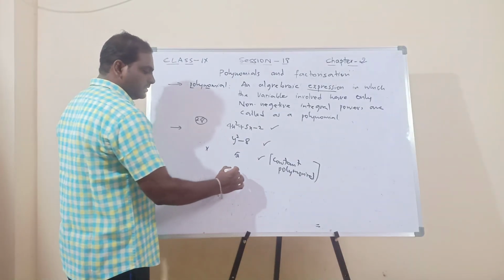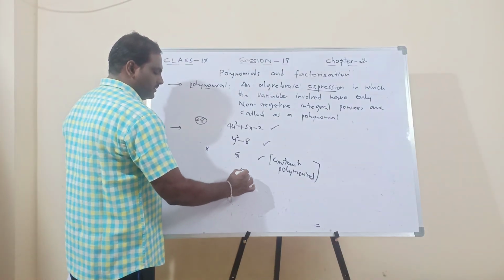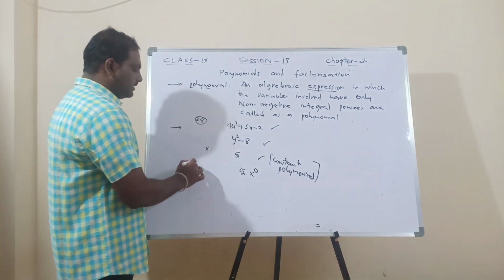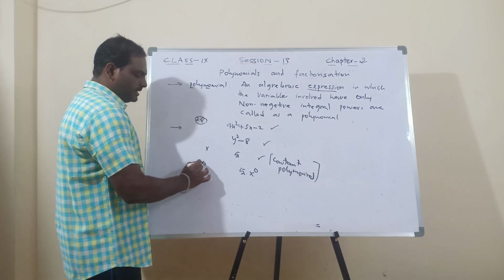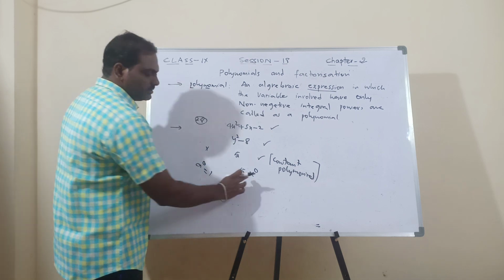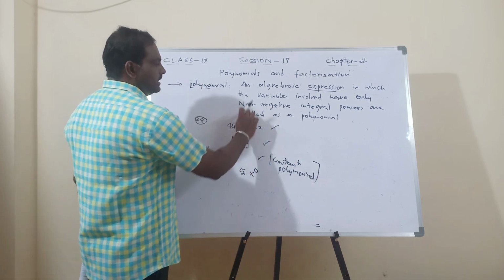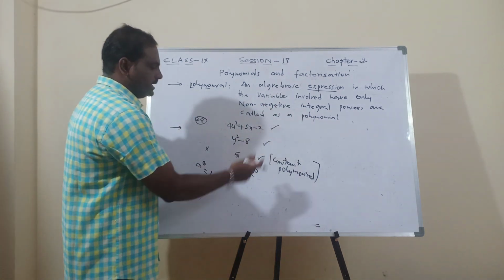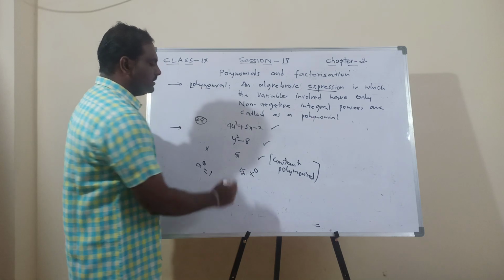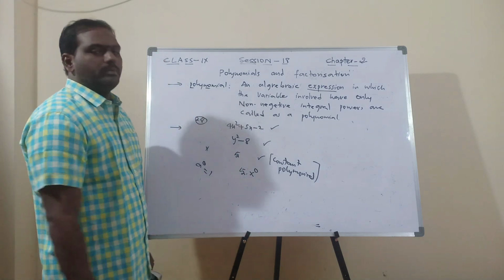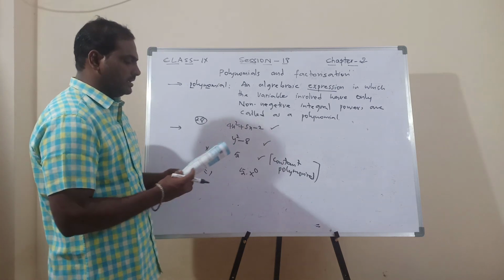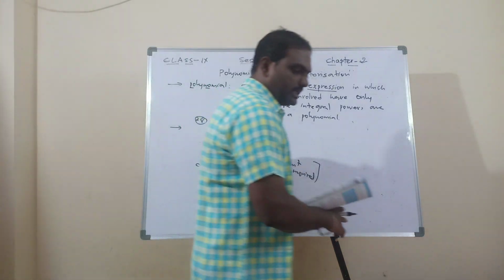So what is the variable? You know, 5 into x power 0. What is the value of a power 0? In real numbers we have learned, it is 1. So the variable is x and the power must be non-negative. 0 does not have any symbol and the power is 0. Therefore 5 is also a polynomial, but it is termed a constant polynomial. Now look at the next question.